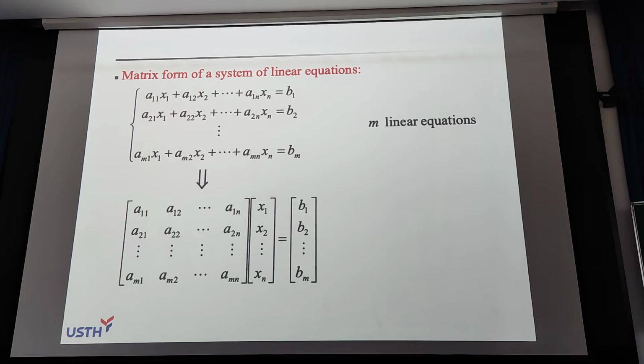Then the two matrices can multiply each other this way. If you multiply the first row here with that column, you get the left-hand side of that equation. If we take the second row here and multiply by the column of unknowns here, you get